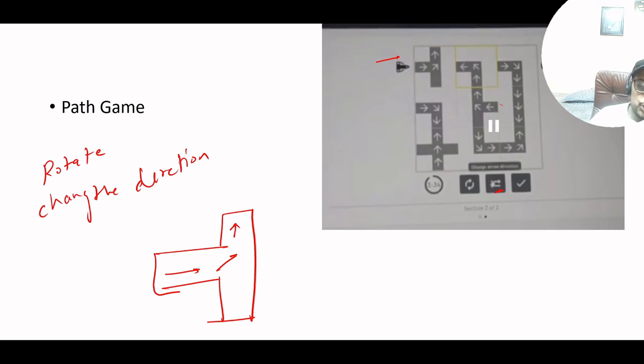What it can do is place the arrows in the black cells as well. It will change the direction of the arrows, but it can place the arrows in the empty black cells as well. If you click one time, two times, or three times, at one time it will give you a structure like this. Currently we have it like this. When you select this block and click it 3 times, it can give you a structure like this.